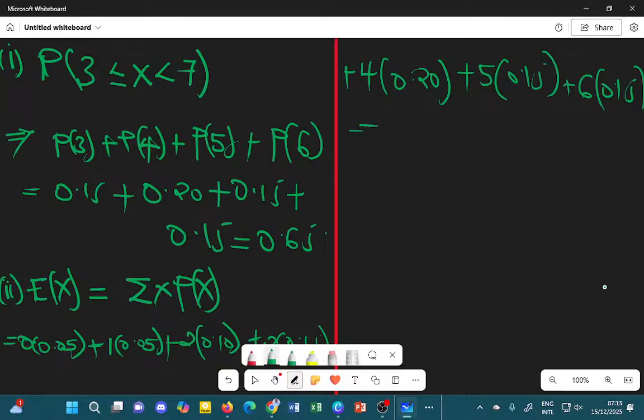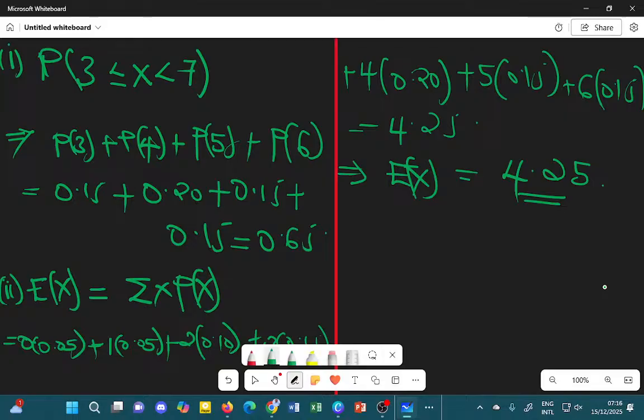So that gives an answer of 4.25. So it then means that the expected value of x is 4.25. That's what we have. Then the third bit is asking us to get